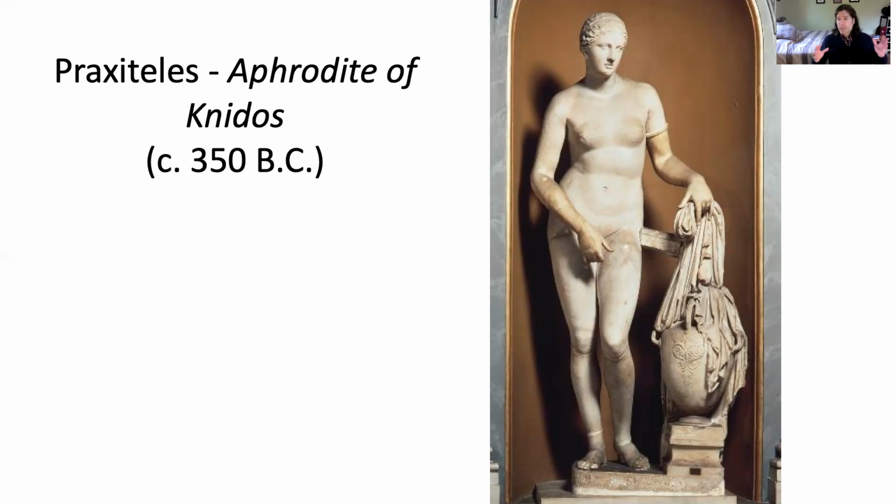All of these sculptures I've shown you are very much fair game to talk about in your essay. The essay stipulates that you need to talk about at least 6 specific examples of Greek sculpture. In the next video, we're going to be talking about some architectural sculptures, and those are going to be fair game as well. But you're going to want to draw heavily from these sculptures, I'm sure, in the course of